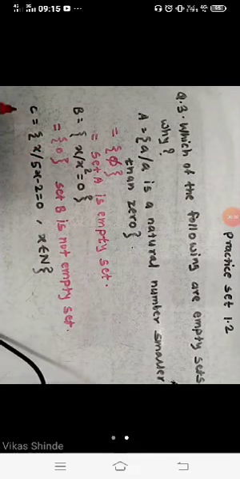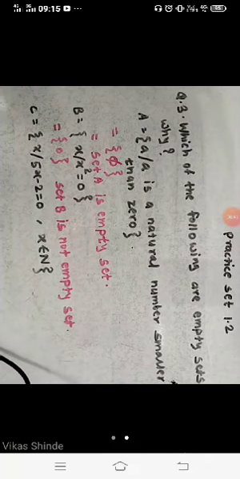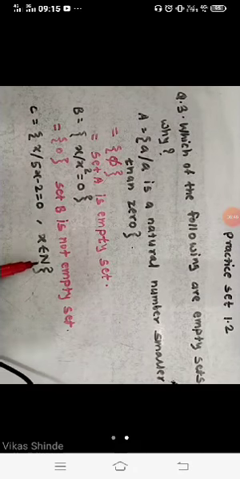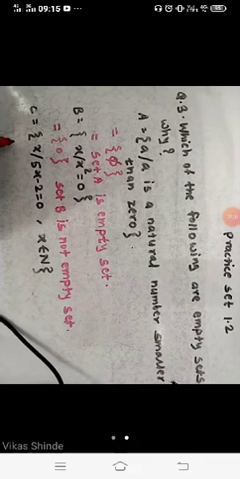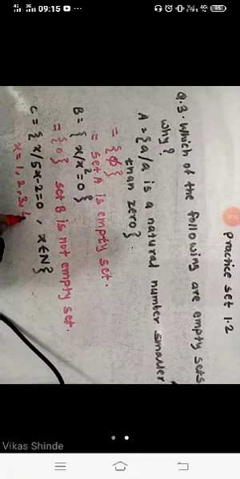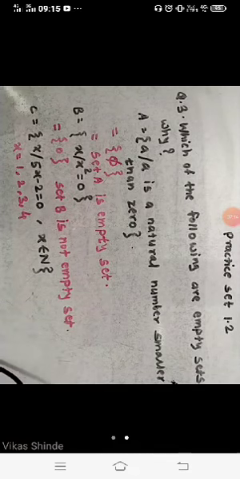Okay, now see set C equals {x | 3x minus 2 is equal to 0 and x belongs to natural numbers}. X belongs to natural numbers, in the sense that x is maybe 1, 2, 3 and 4. But if we take those values for x, we do not find our answer. Put any one value here and check what happens.